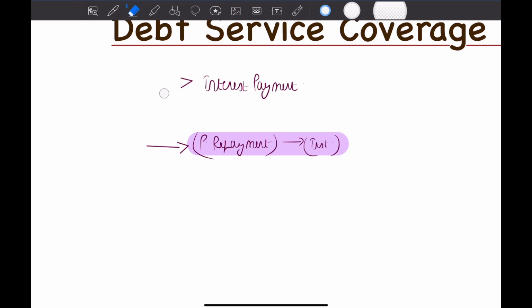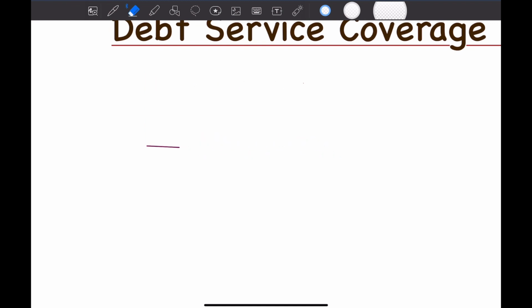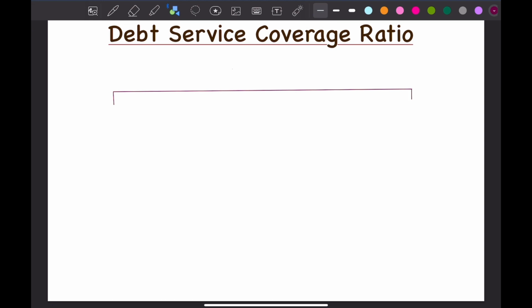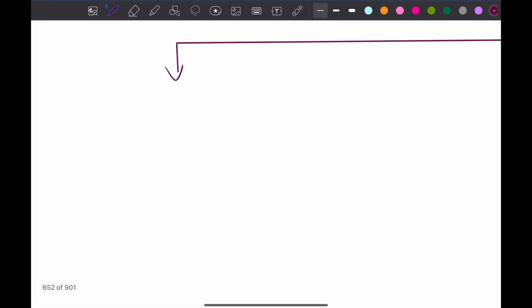The debt service coverage ratio has two basic formulas. First of all, we will write them down, and then we will understand each formula. These two formulas come from two different schools of thought, two different approaches. So first, let's write down the formula, then we will understand the two approaches. Formula number 1 states that